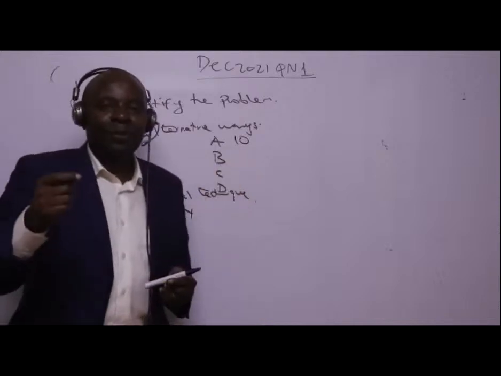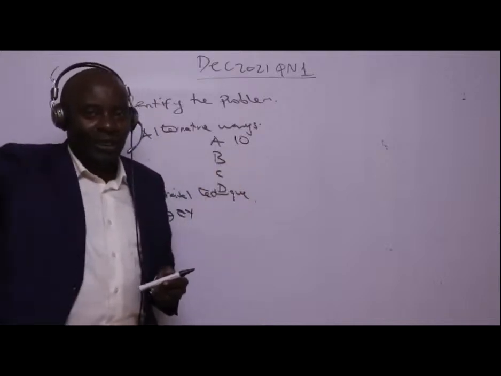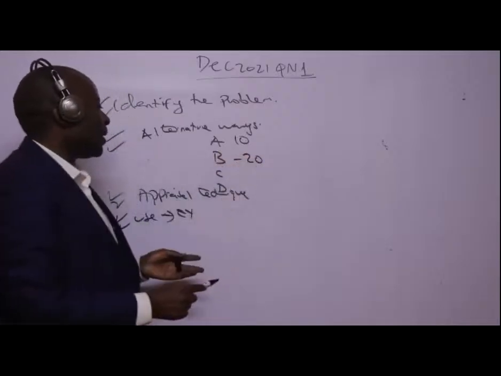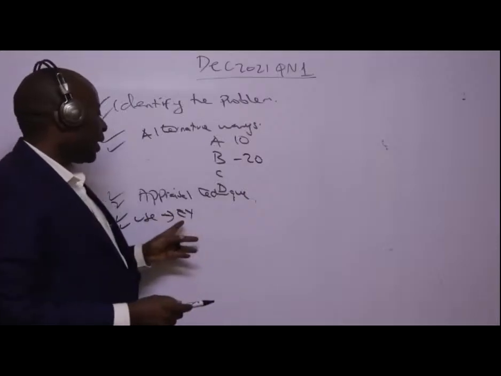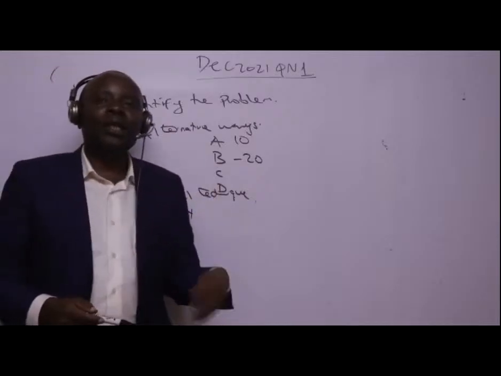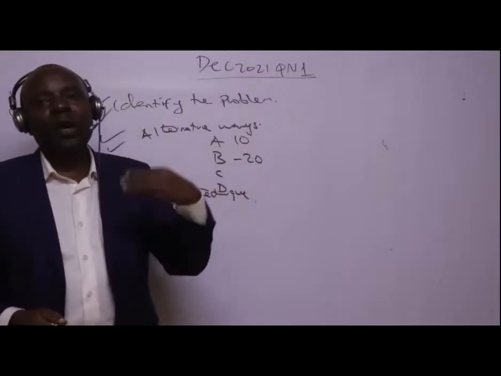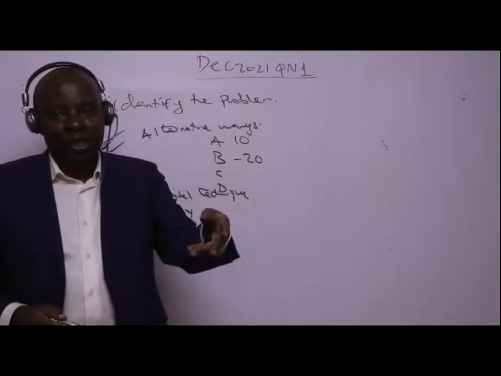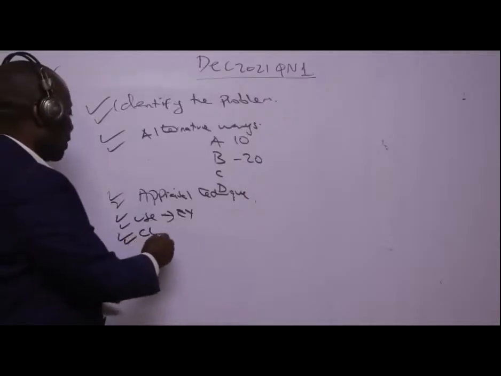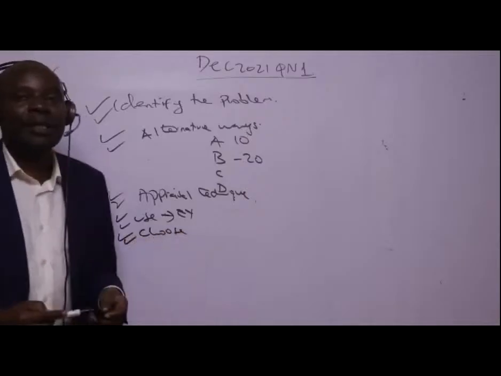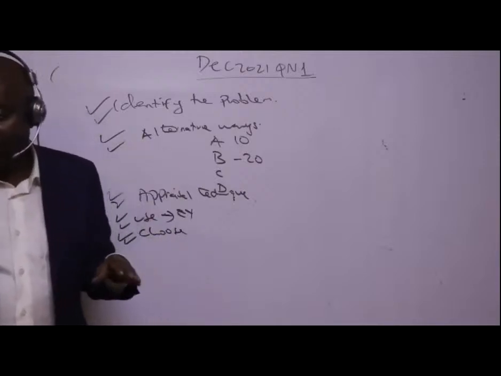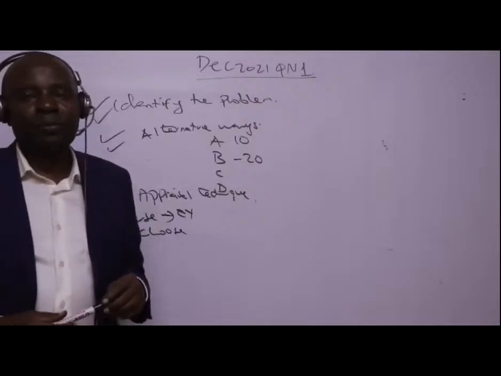The dowry that you pay will be the initial outlay. You'll have to deduct that. So some will be getting positives, others will be getting negatives. At the end of the day, when you evaluate, you will endeavor to look at the one that has the highest NPV. So you choose the best. You evaluate and then you make a decision.